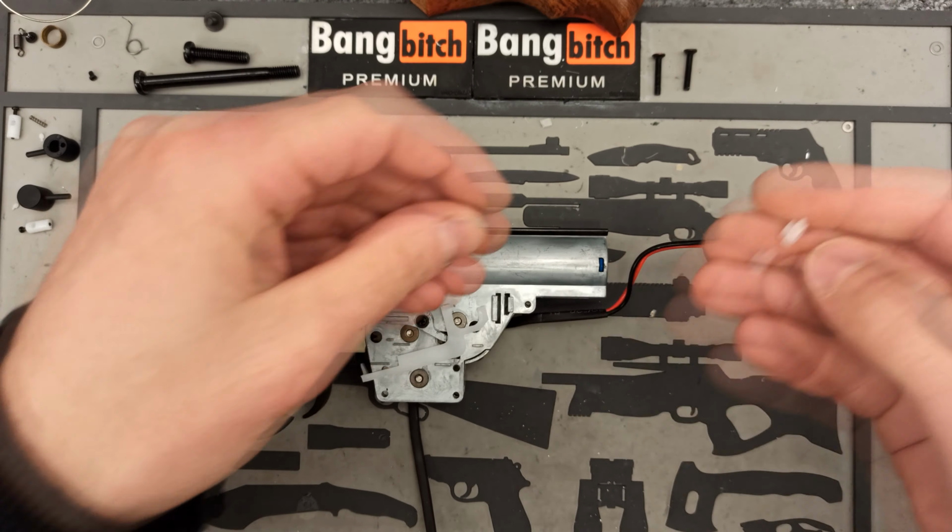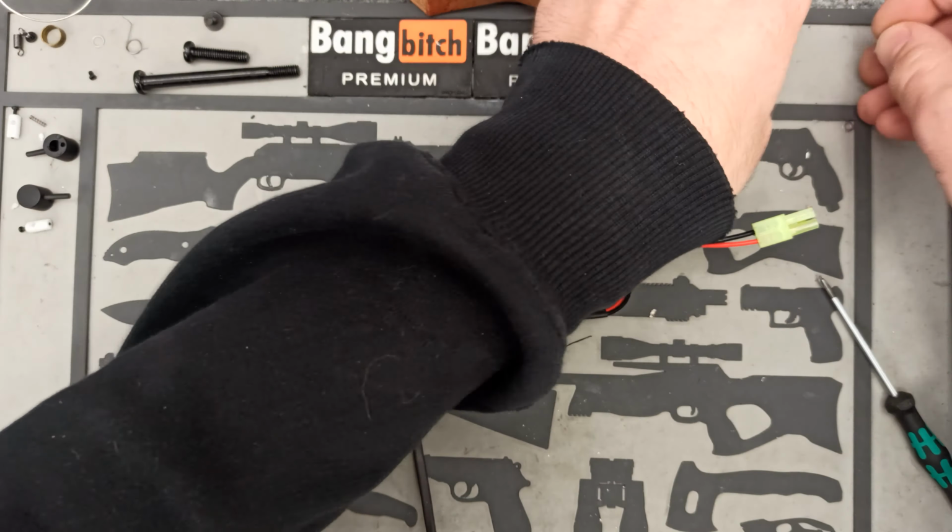Quick disassembly of Enzymer Tommygun gearbox. First, selector plate parts removed. Second, removal of this back plate, which has a very tight fit at the beginning. If we got rid of this,